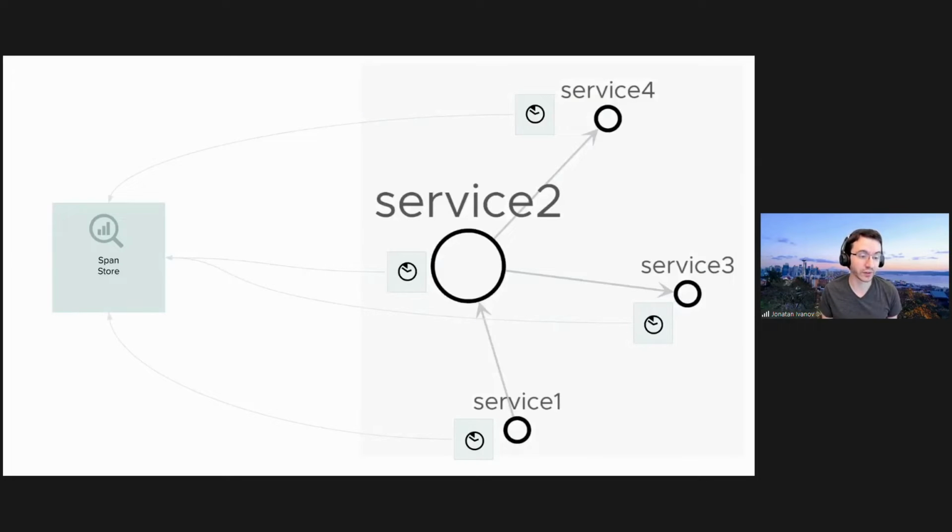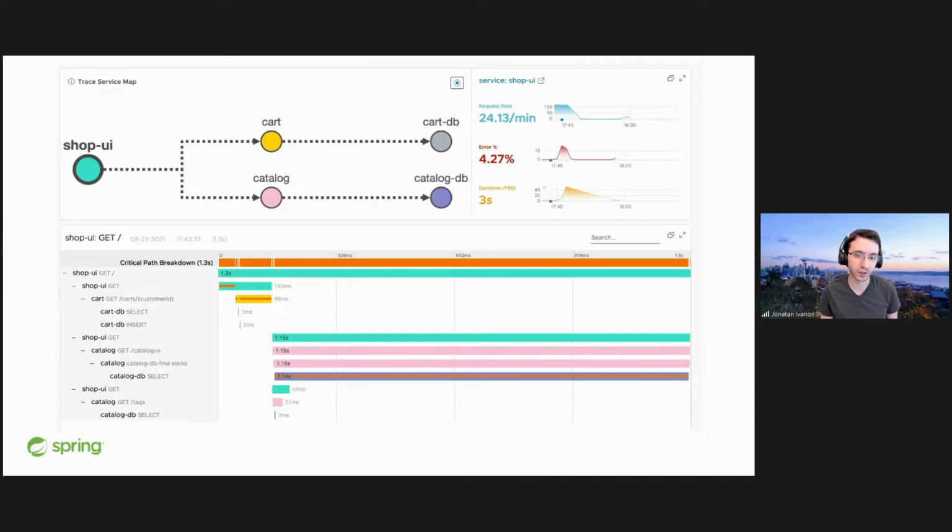So another thing that we can do with this is actually not writing these spans to the logs, but send them to some sort of a span store that was made exactly for this purpose. And that can provide us better data exploration and visualization features. For example, this one. As you can see, this is a nice and colorful visualization of what happened